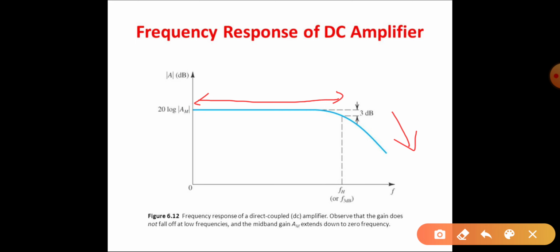You can say the gain is constant for low frequencies, and for higher frequencies gain is reducing. So from this frequency response you can say that the direct coupled amplifier is very good at amplifying low frequency signals, and whenever the frequency increases, the voltage gain reduces,